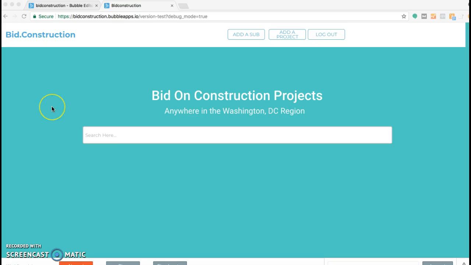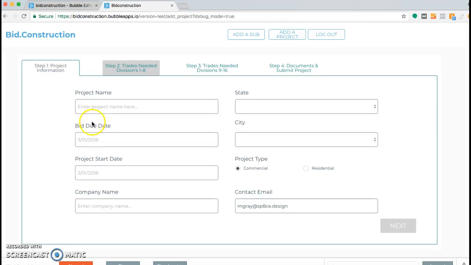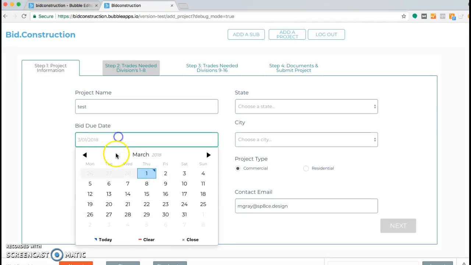Okay, guys, I wanted to try to get some help figuring this out. This is a site that's a two-sided marketplace. One side adds projects, and the other people are looking for the projects to bid on. So the first thing I want to show you is I'm going to add a project, and then I've got